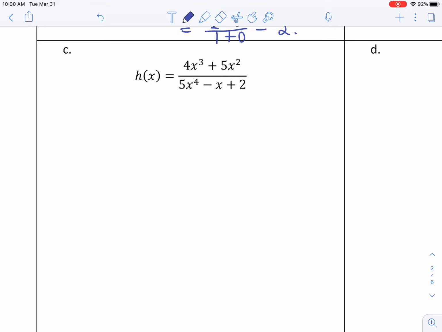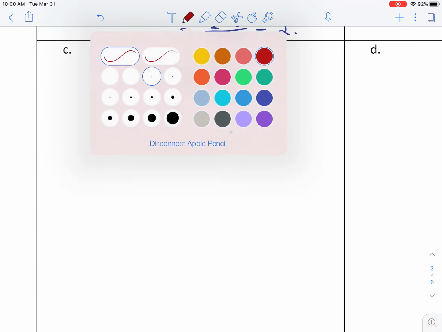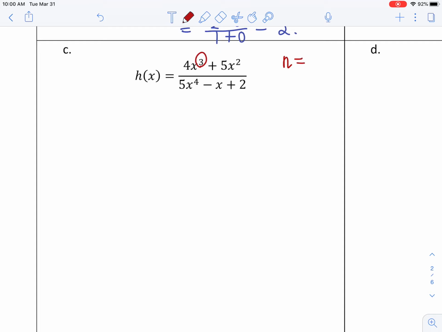Now, I do want to talk about this here, though. Well, not really. This isn't any different from the ones that we were doing. All right, let's see. Now, what is the degree? Because this is already written out in standard form, I can tell that the degree of the numerator is n equals 3, and the degree of the denominator is m equals 4. So, well, which case was it? This was when n is less than m, and if that's the case, then we have